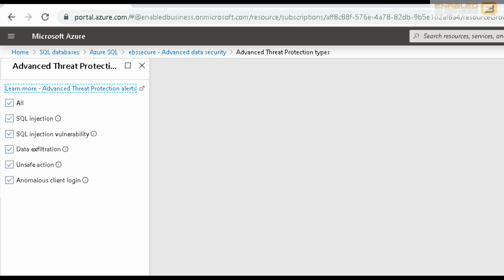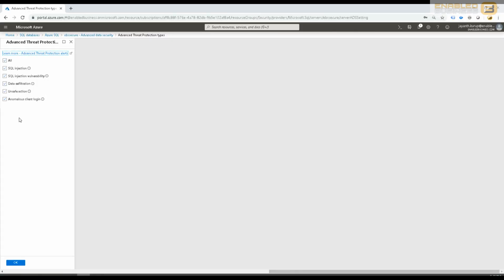passwords, etc. And anomalous client login is basically any login originating from a region or IP address that is identified as being harmful. So standard stuff pretty much, and again, this is not comprehensive, so when it says advanced, you still need to understand that there are many other ways that your database and your servers can be compromised. Microsoft is doing maybe about 60% or 70% of the basic stuff that you need to watch out for. Having said that, there are other ways that people can infiltrate your network, so you need to be clear about that. Just enabling this is not going to be the complete solution, but it is a very good place to